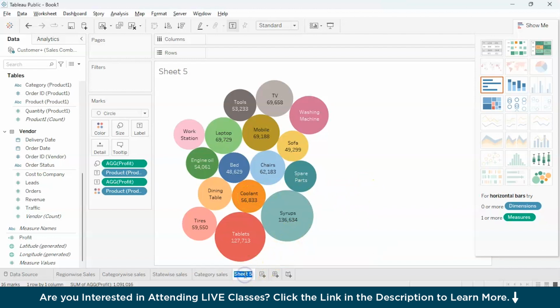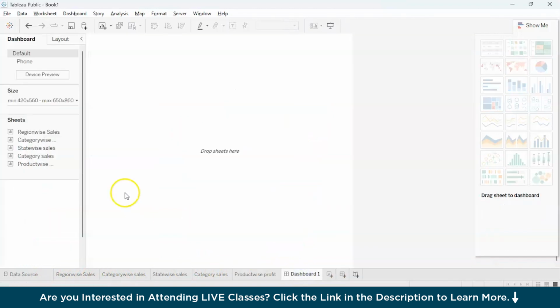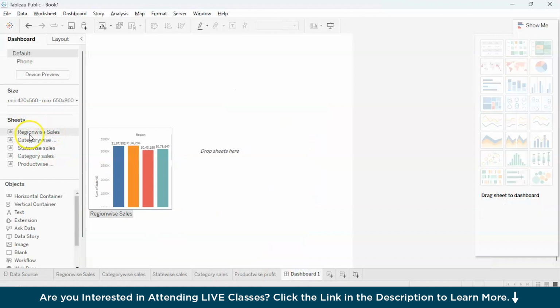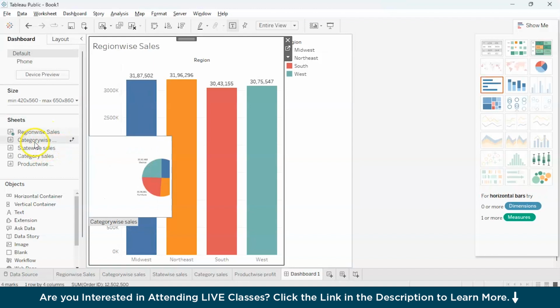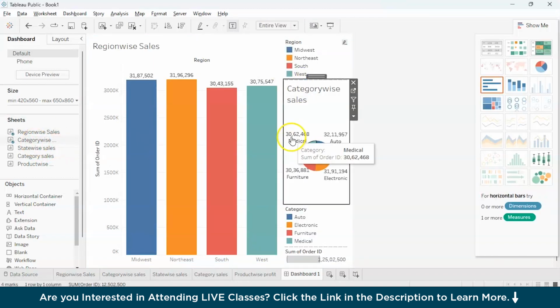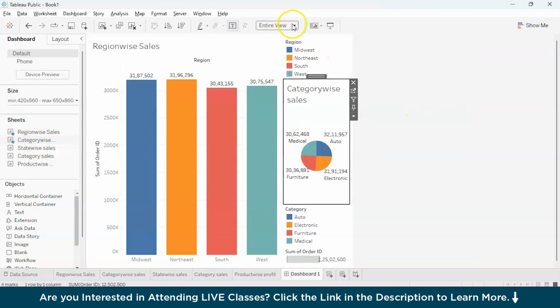Right now, let's quickly do it. Product wise profit. So far, so good. So we have about 4 to 5 sheets, and now we can quickly go with a dashboard with some KPIs. Okay. Now what you can do is just quickly drag and drop those sheets onto your dashboard and make some adjustments to it. You can close show me, and here you can choose standard